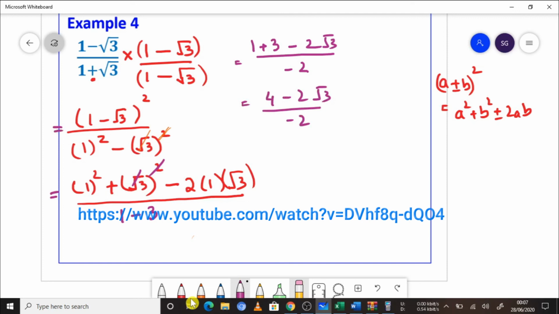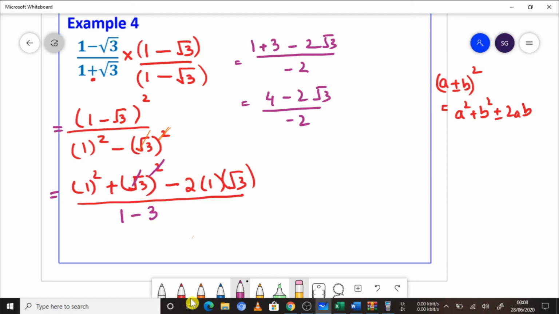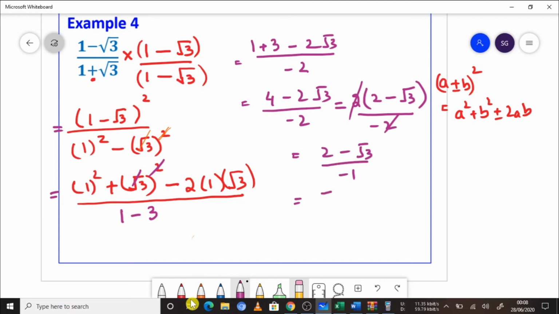I see that 2 is a common factor both in the numerator and denominator. And I want to write my answer in the simplest form. Whenever it's a fractional answer, you have to write it in the simplest form. No more cancellation possible. So I see that 2 is a common factor here. Let's take out 2 from here. You will be left with 2 minus root of 3. Similarly, negative 2 here. And now you can cancel out this 2 and 2 from the numerator and denominator. Again, we don't want to show negative 1 as a denominator, so we can simply reverse the signs. We can say that this is the square root of 3 minus 2.